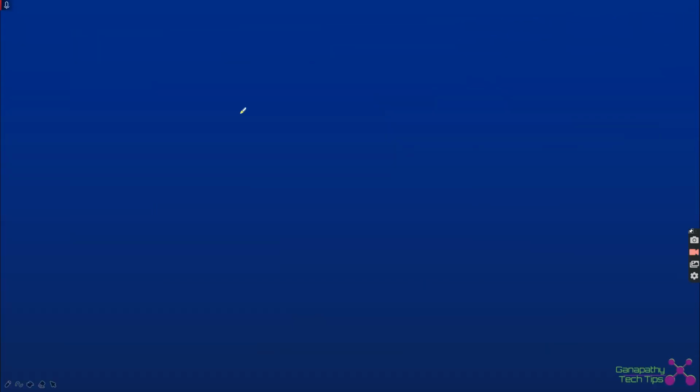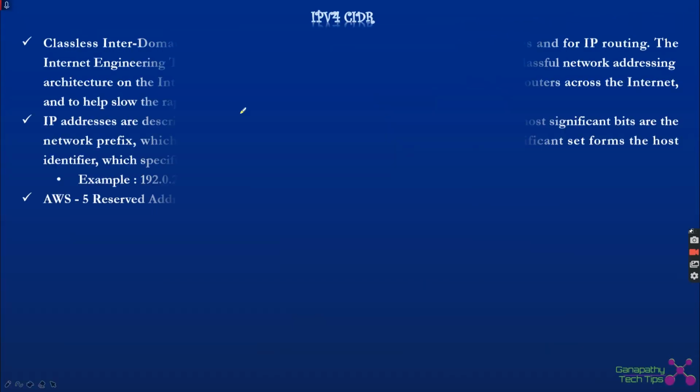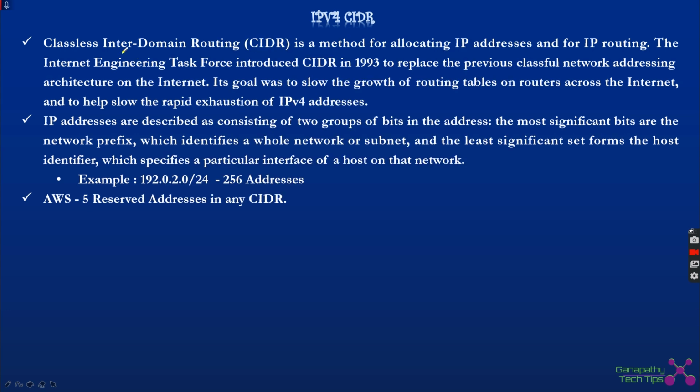The next form is called CIDR, classless inter-domain routing, which is simply a set of IP addresses. To make our work simple, instead of specifying the IP addresses in a longer way, we can specify the set of IP addresses using something called a prefix.